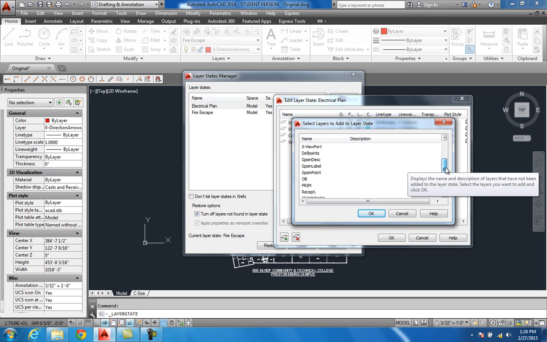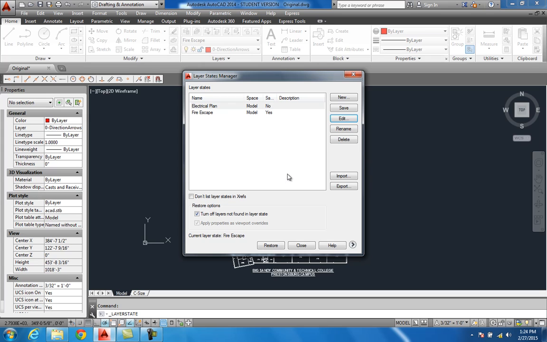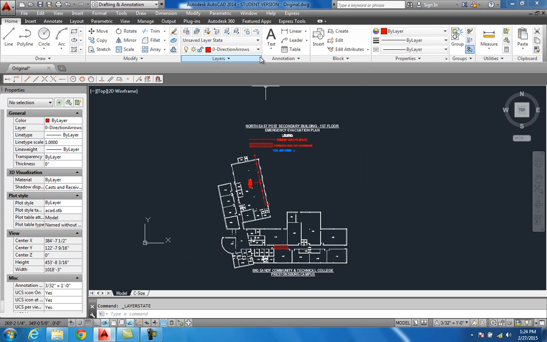Let's see if I can find it here. Okay, so now I turn those light bulbs on and hit OK. So whenever you get that done, don't hit save or edit or new or anything over here, or restore or close. Turn it off and make sure this little check mark's on. Turn off layers not found in layer state. So close that out, and now when I come up here, when I go into electrical plan,